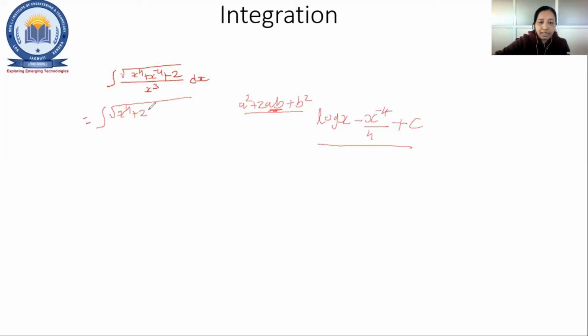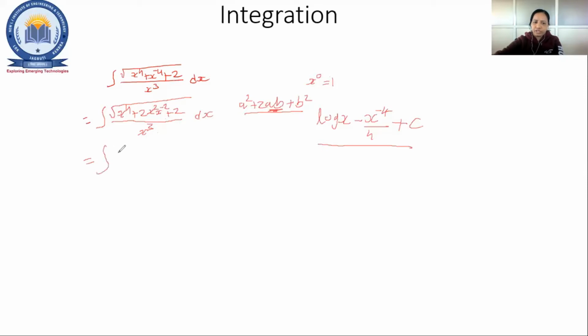If we write it like this, x square into x raised to minus 2, the base is the same, so you add the powers: 2 minus 2 is 0, and x raised to 0 is 1. So writing x square into x raised to minus 2 does not affect our expression. Upon x cube dx. Any doubt in this?